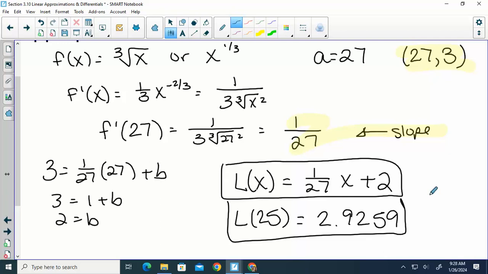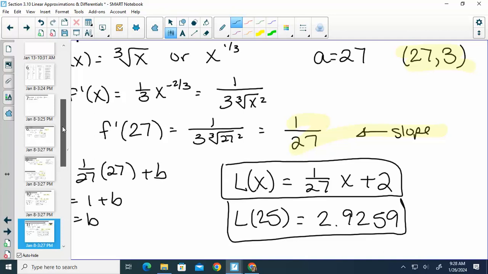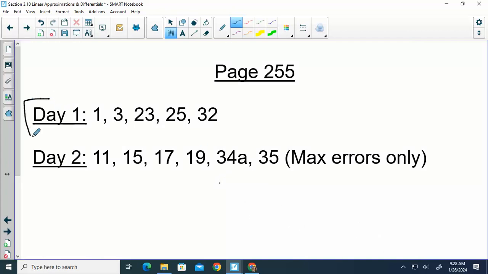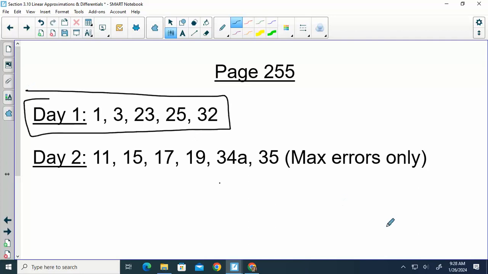Are we close? You could just do 25 to the 1/3 power, or if you go into the math menu, there's a cube root function. All right, so we are stopping there. You are ready for the day 1 problem, so you've got 5 of them, and then we will finish with section